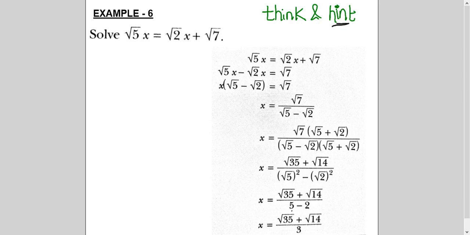Mostly in the third question in the exam, they say without using the calculator. So without using the calculator, otherwise anybody can use a calculator here and get the answer immediately. So mostly you will see that when they want to see the concept you're learning of rationalizing the denominator, it is always written in the question: without using the calculator.